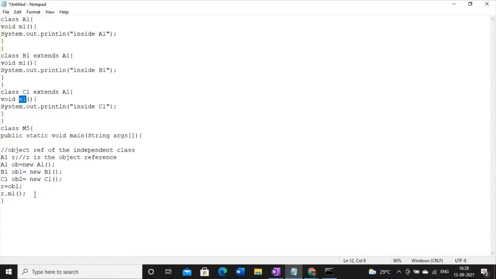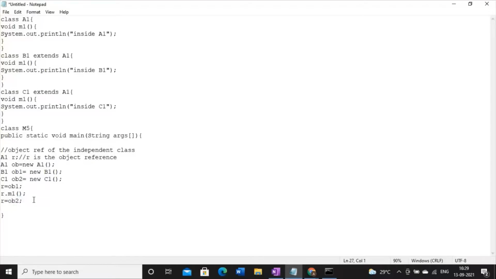I'm giving you another example. Say I want to call the method inside the C1 class. So what I will do? I will just write R = OB2, the object of C1, this one. It means R is now pointing to OB2.